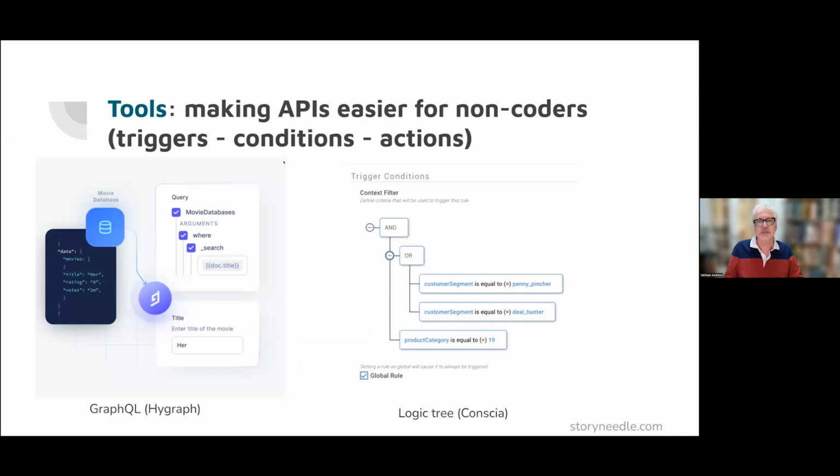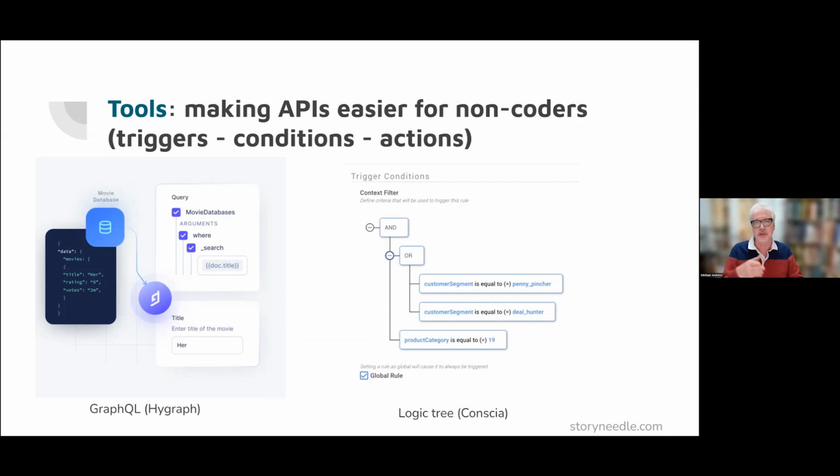Now, how does one do this? There are, fortunately, a growing number of tools out there that are helping with this process. Tools that actually make it easy for non-coders to do some of this orchestration decision-making. I know I've talked about APIs before. For a lot of us, it's like, I don't know what an API does. I mean, that's not something you deal with necessarily in your day-to-day work. But these new tools are allowing people who are not technical to set up